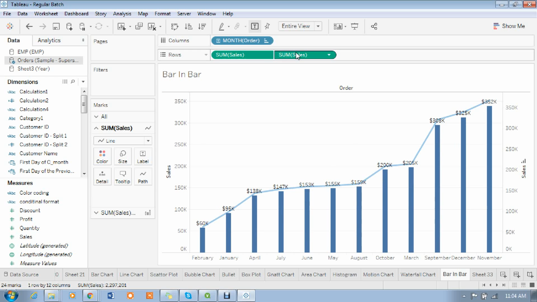See, if we apply dual axis, madam, there are two axes for sales, and we took both as sales actually. There are two axes. This we call a dual axis, madam. Then if I say we have a blended axis, blended axis means all the measures come on one axis.